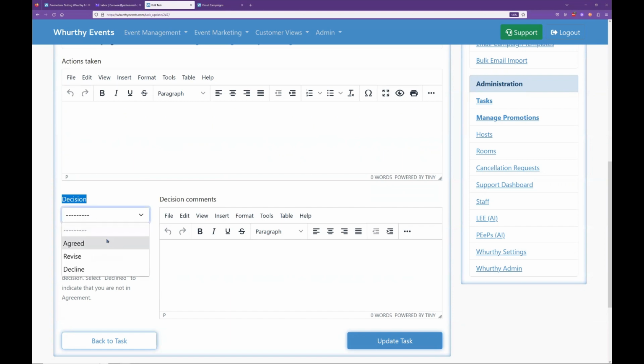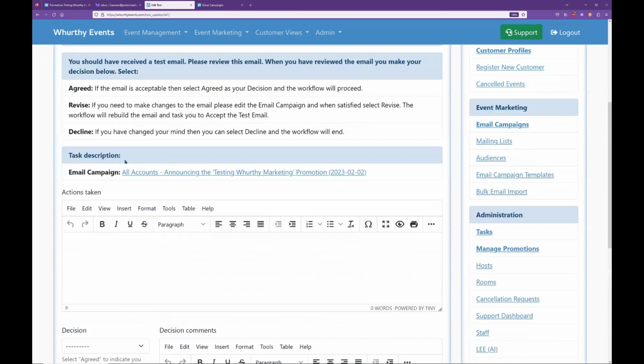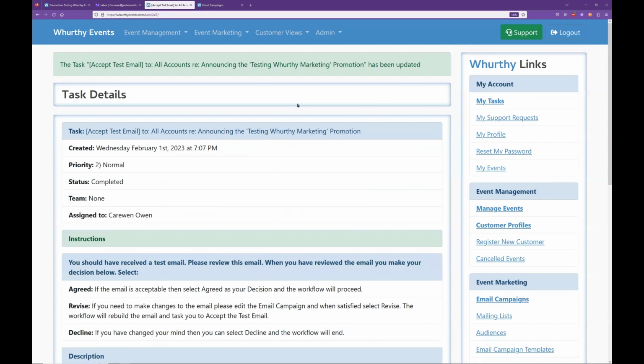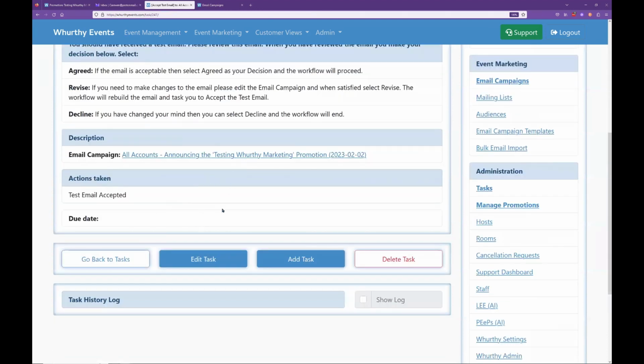And this is where I get to select agreed, revise, decline. And again, that was explained in the instructions. So I'm happy, I'm going to select agreed. Now, if I wanted to revise, the task will want me to note some comments, but in this case, it's all good. I'm going to go ahead and click on agreed. I'm going to click on update task. And so now we can see that this task was updated. And when we look at this, we can see all of the